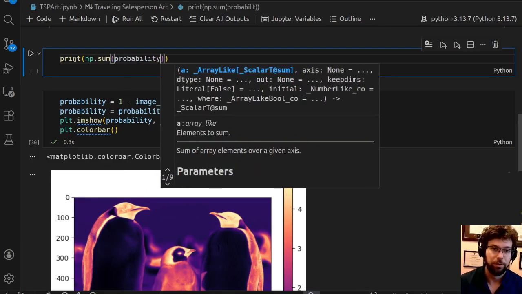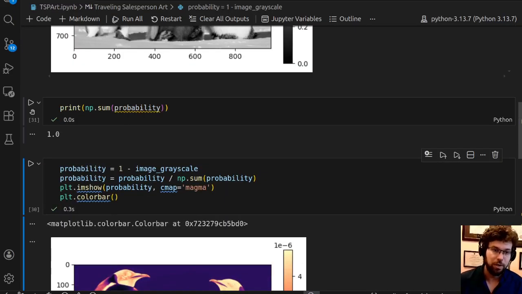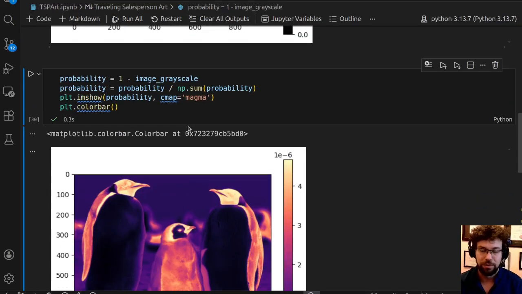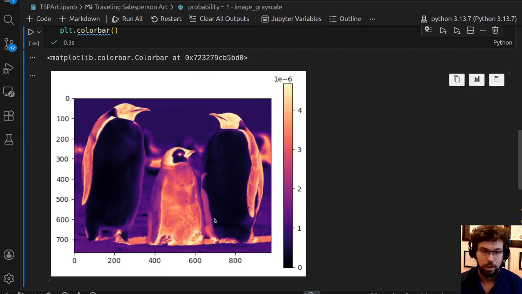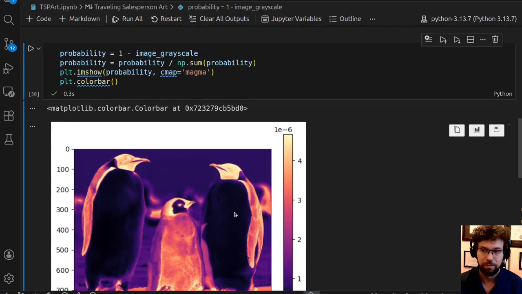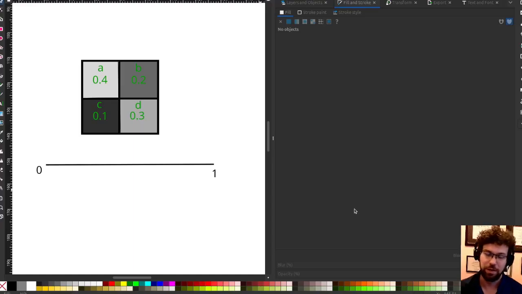Oh, I should say probability. And that's good because now it's a true probability mass function. And so what I can do is sample from this. And to explain how the sampling works, it's actually a little bit easier for me to draw a picture first